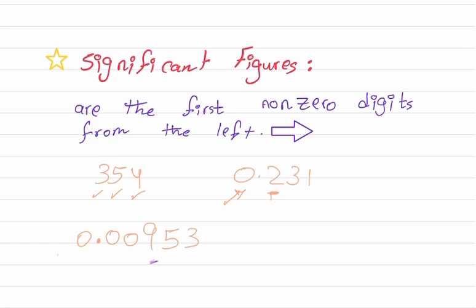Yes, we will neglect all the zeros on the left because, as we said, significant figures are the first non-zero digits from the left. But what if my zero came between two non-zero digits, like we have here in